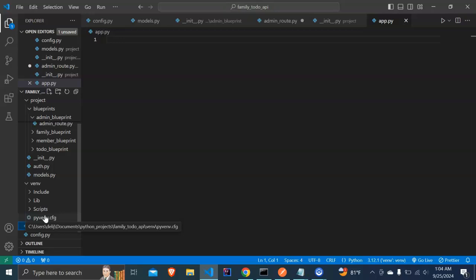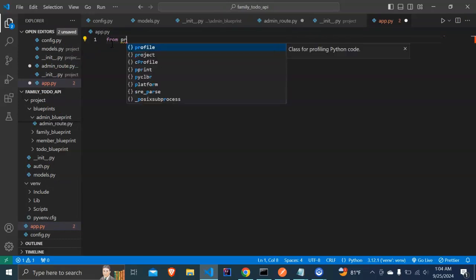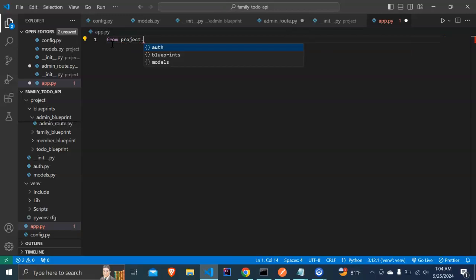So all we need to do is say from project, I want to import create app,